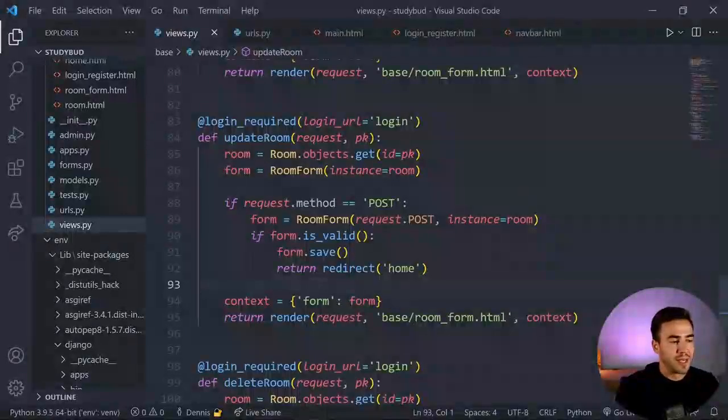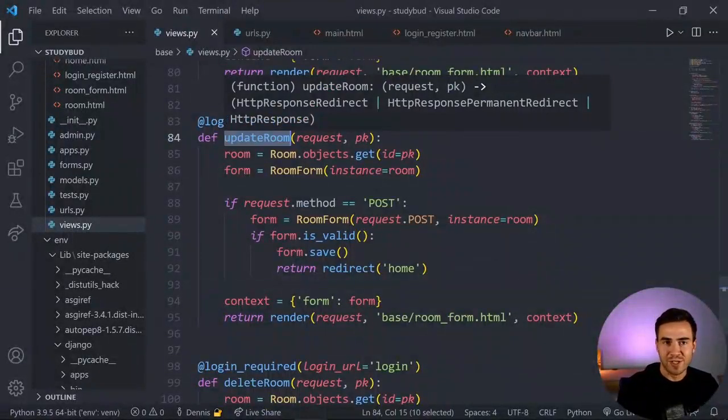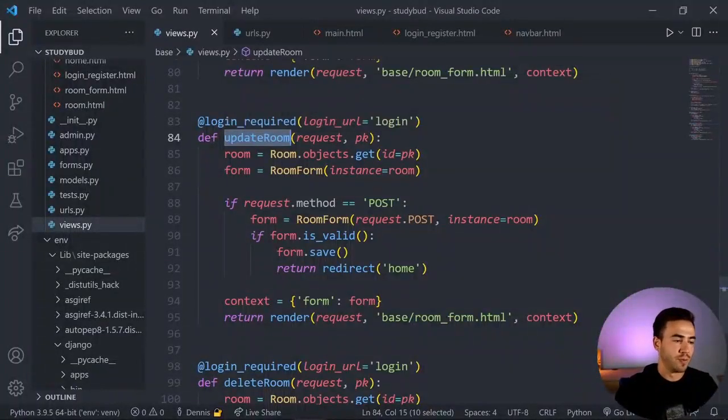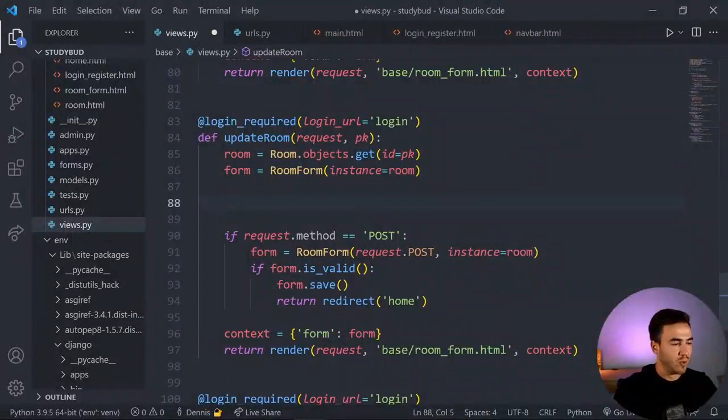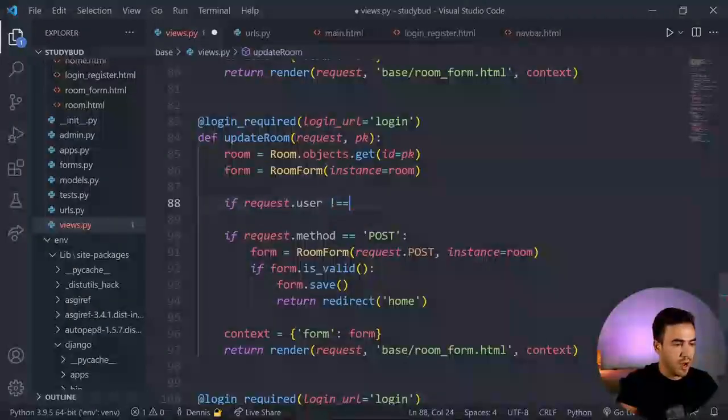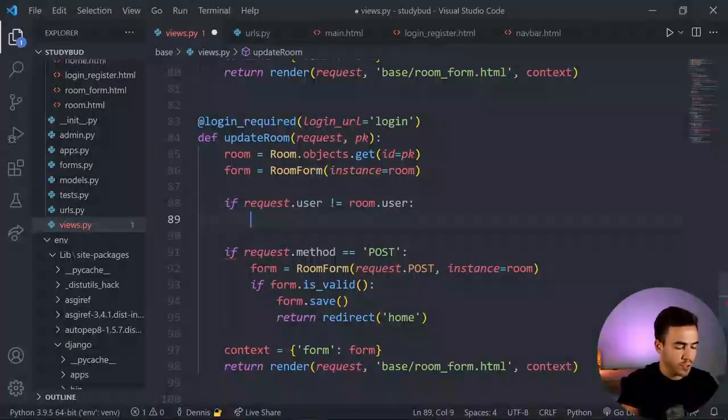Now, in this case, in theory, if I know somebody's room ID, I can just log in and I'll be allowed to update their room. So I want to restrict a user. Let's see, how do I want to do this? At this point, I'm just going to write a condition right here. There are a bunch of different ways of doing this. We'll just say if request.user is not equal to room.user, then we just want to return